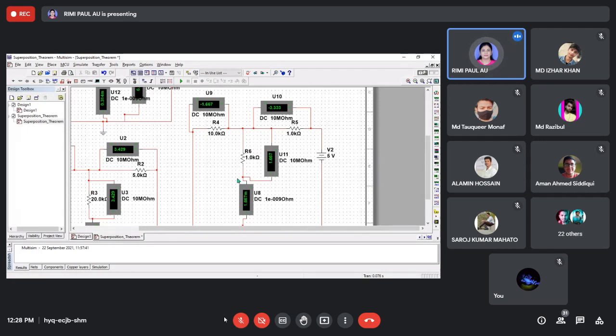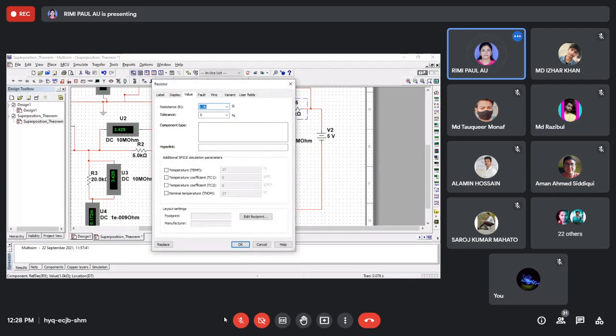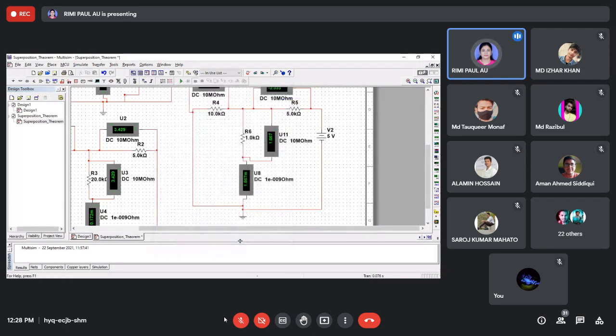Now for the third part, you can see that I have short circuited. And how to connect? If I show you on the breadboard, the starting of this voltage source is connected here with the 5 volt. Everything is the same. What I change is I have removed the 12 volt, and the starting point of this resistor is connected to the ground point or end point or negative point of the source.